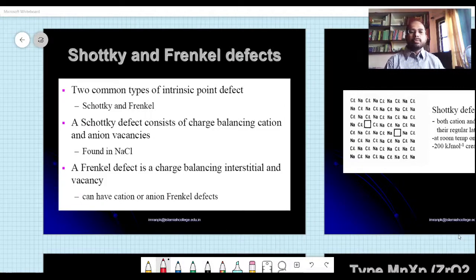As I told you, the crystals are the purest form of the substances, any substance, whether it is organic or inorganic. So are the defects. The defects actually enhance the electrical conducting property. And these defects have been classified, as we have seen in the class, into types of defects. In the first type, we have the Schottky and Frenkel defects.